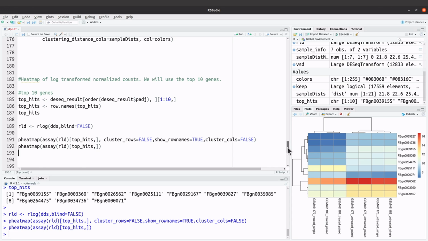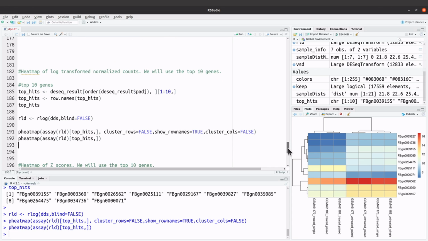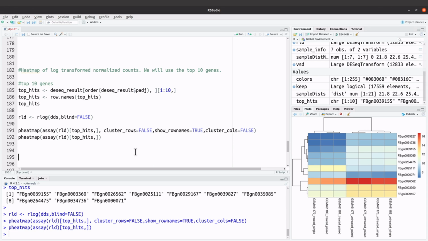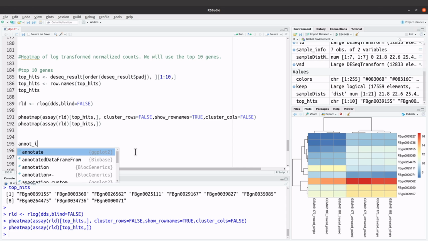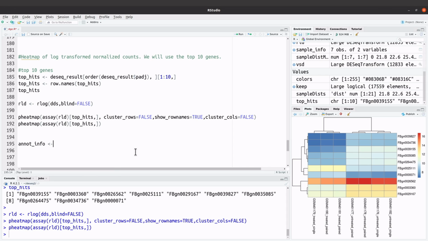Okay. Now, if you have done clustering, then it's also advisable that you add additional information, which we will call annotation. So the annotation will help us know the various groups of these samples. So let's add annotation. To add annotation, we will say df, you can use any name at all. Let me just say annote info. Let me use this one rather. I'll say annote info